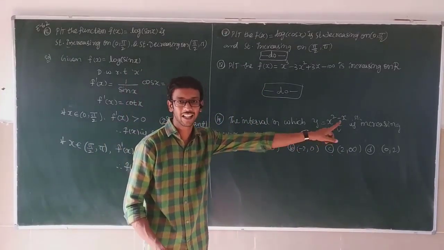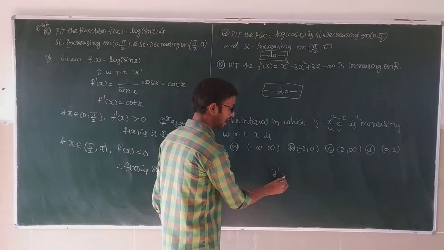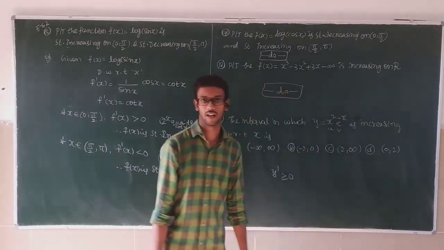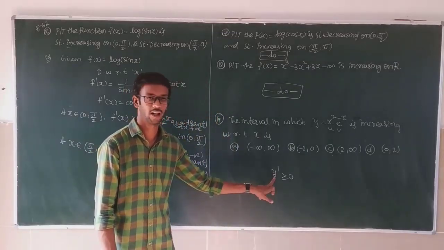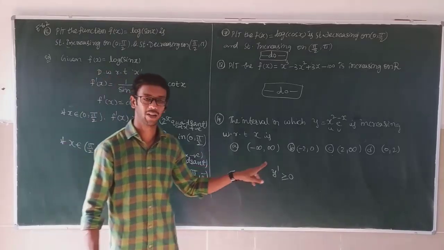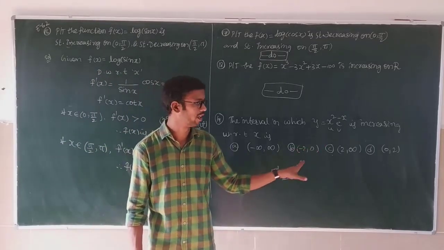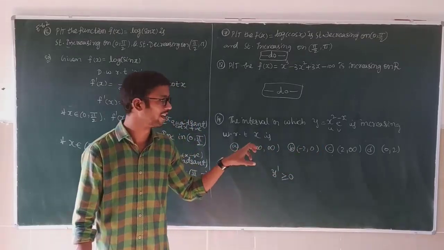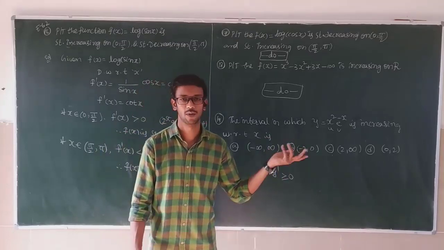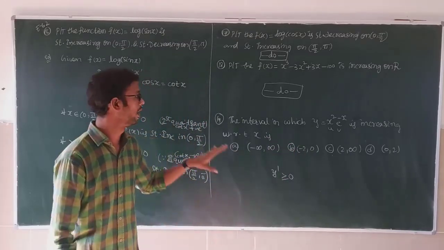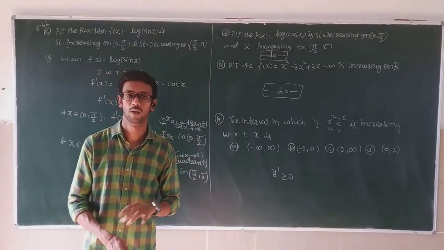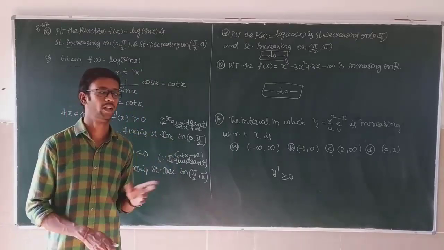After that, increasing is asked. Increasing means y dash is greater than or equal to 0. So you take greater than or equal to 0. We already did one such problem, the previous problem. Same to same: take greater than or equal to 0, and you will get the interval where it is increasing. Directly you will get one interval, and whichever option matches that, you have to choose. So pause the video to note down these problems, leave space for these three problems and do them. This exercise is finished with this problem.